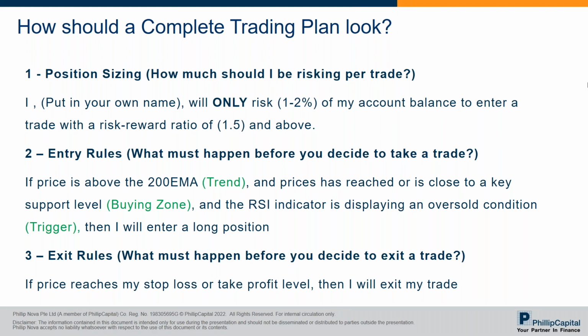For position sizing, it addresses the question of how much I should be risking per trade. As a recap to risk management, I mentioned that it should only be 1 to 2% of your account balance. Why? Because the reason is to allow the law of large